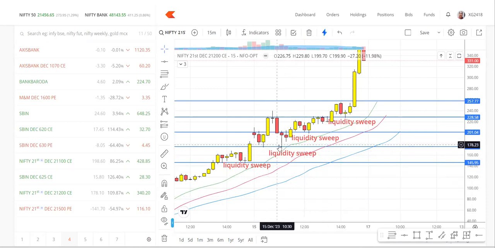See, after this liquidity sweep, the price actually had a whipsaw from this range to this range. Between 226 and 185, there were a lot of whipsaws. Price went to 221 and came down to 205,